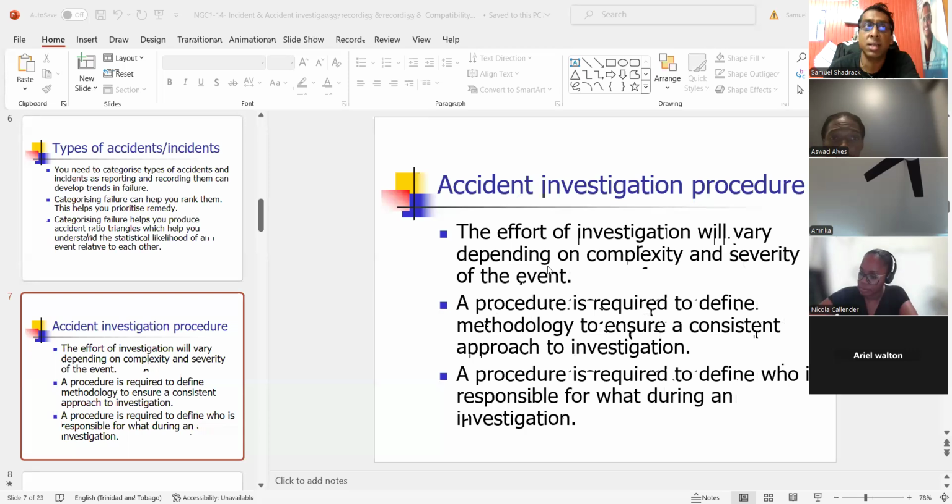You, as a safety officer, could investigate what has happened. Frank got a cut on the hydraulic machine or something, right? You yourself could investigate that. You and Frank, because Frank has just a first aid, so he could go with you and he can see what has happened, right? But what if it's a death? God forbid. So the efforts of the investigation would vary depending on what has happened, the complexity and the severity